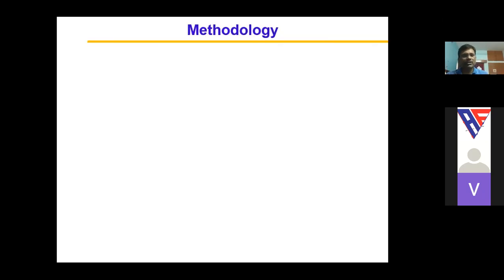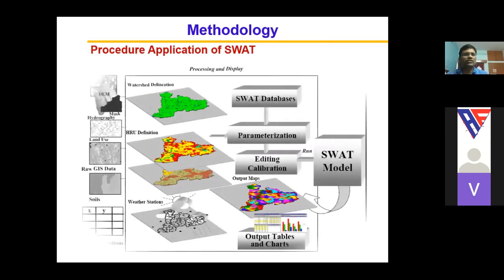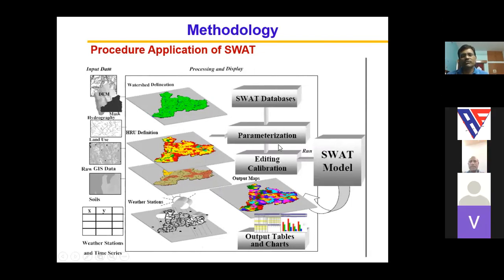Similarly, in case of the outlets. So this is the complete procedure of the SWAT model. These are the inputs required for the SWAT, and then these are the three different processes. Watershed delineation is one step, then HRU definition, and the weather stations, where we need to provide the weather parameters. So after creation of the database, these are the important three steps which we need to provide